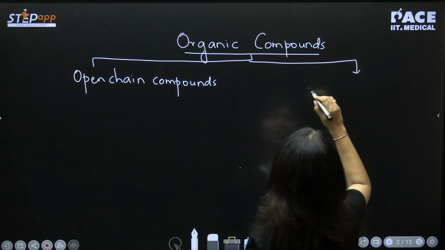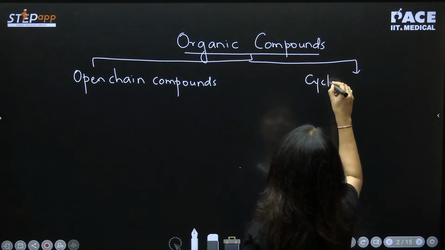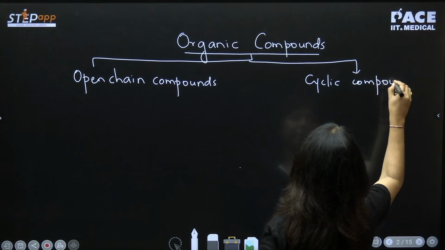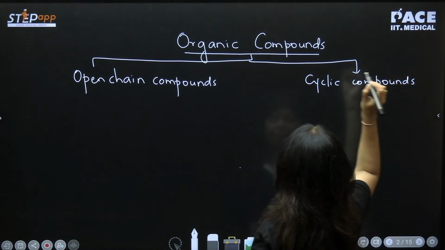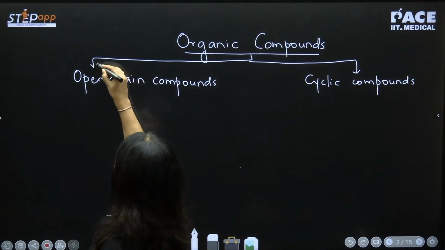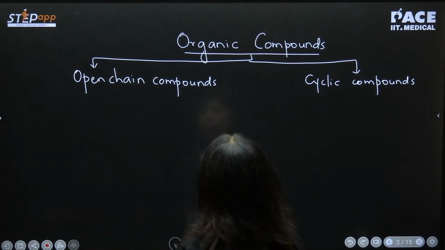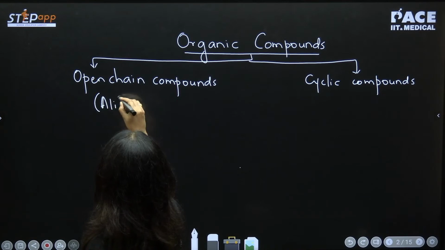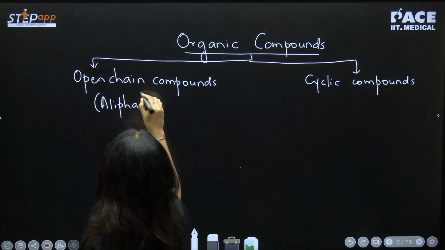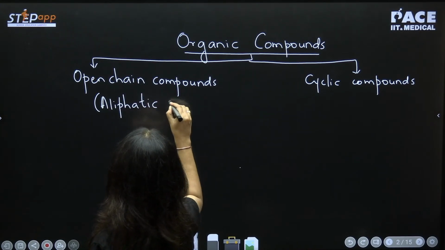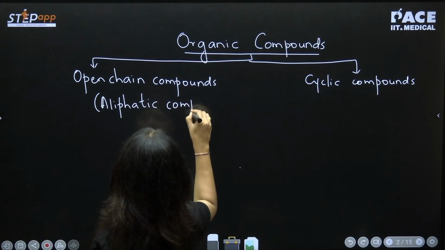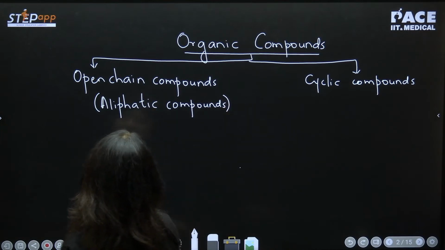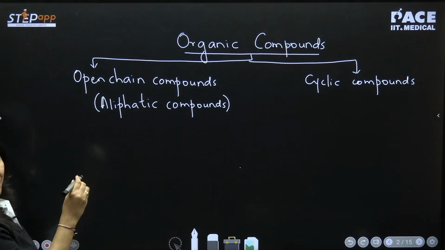And you have cyclic compounds. Open chain compounds are also called aliphatic compounds. So open chain compounds are known as aliphatic compounds. They are further classified